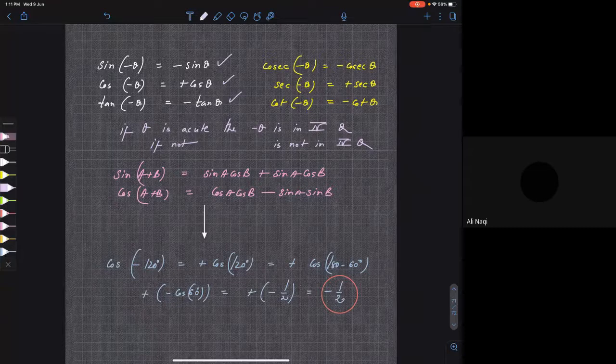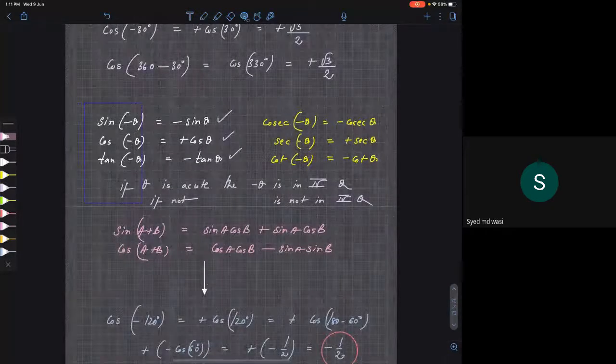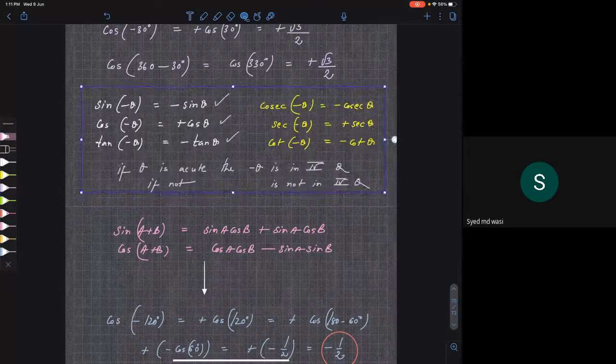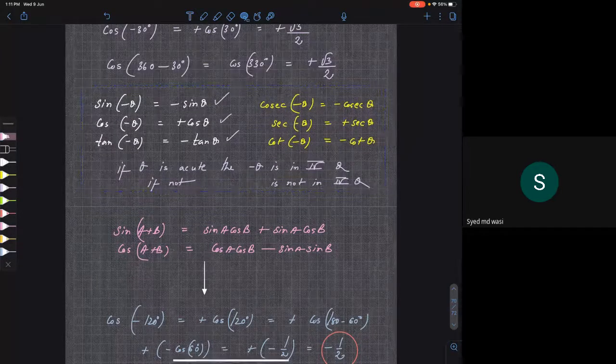For an acute angle, it is obvious why these formulas are true. For other angles, I am just showing you that the formulas are true for them also. For minus 120 also it is true. Minus 120 will not lie in fourth quadrant; it will lie in third quadrant. Plus 120 will lie in second quadrant. Are you getting my point? Just think about it and you will understand. There will be that confusion for everyone in the beginning, but as you keep on solving problems, it will become clearer and clearer.